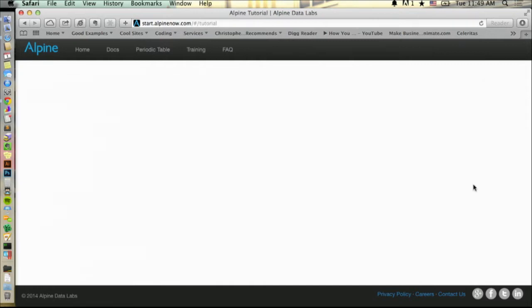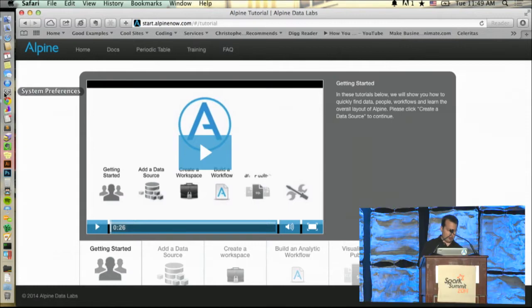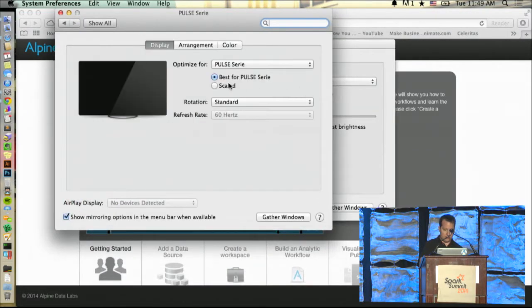So if I sign in, you'll notice that we basically, let me just do one quick thing, adjust the screen resolution. Sorry for that. Let's see, okay. Hopefully you can all still see my screen. Maybe not. Oh no, I broke it.